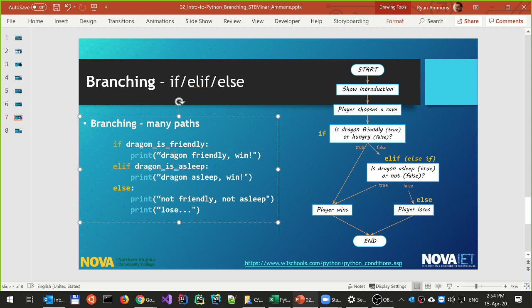In our example that I've made up, the dragon is friendly. Well, we win if the dragon is friendly. But what if the dragon isn't friendly, but it's asleep? Well, if we had only else, we would have a hard time doing this, right? You technically could put another if-else inside of here, and that's actually what happens in C++ and other languages. But typically you'll find an else if, which in this case is an elif